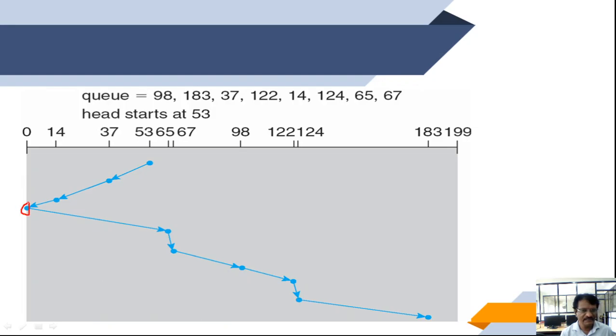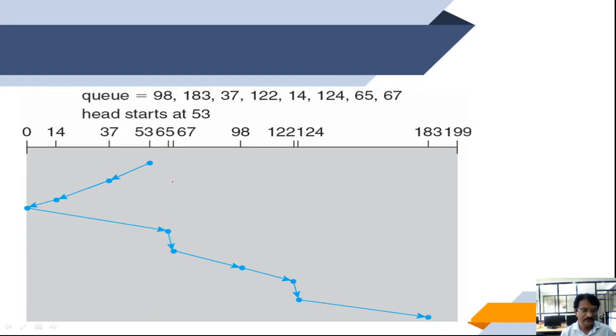Now it is here, and again it starts traveling in this direction. In this direction, the first after 53 is 65. 65 is served and 67 is served, which is near to this. Then 97 is served, 122, 124, and finally it serves 183.